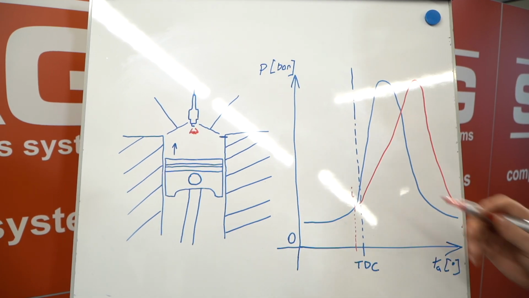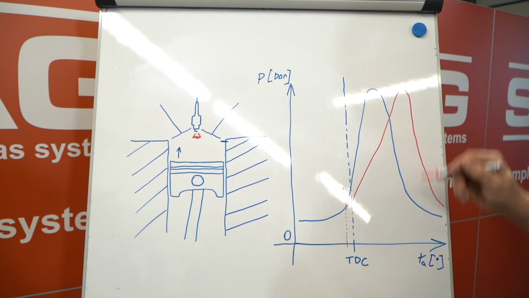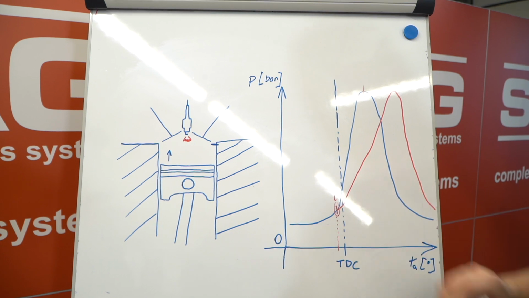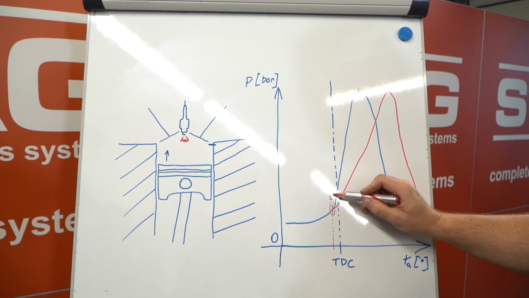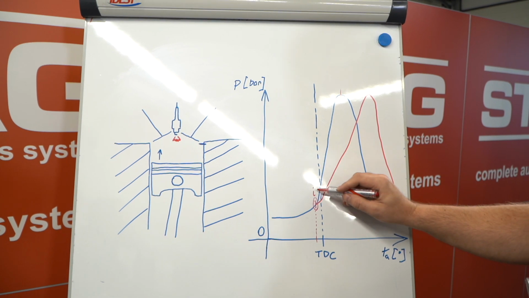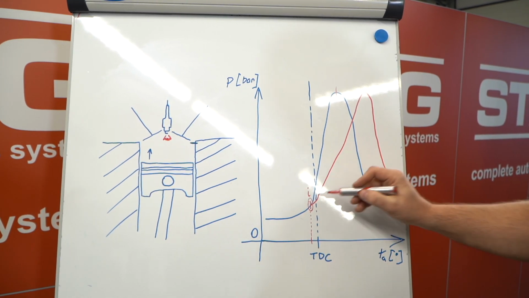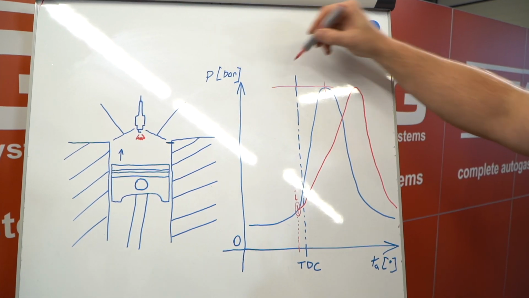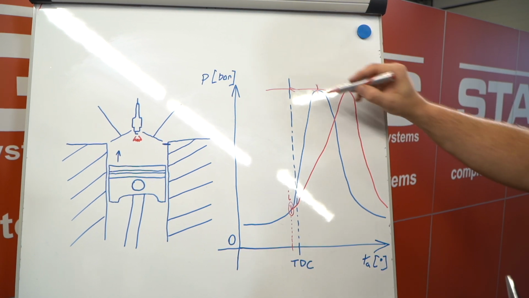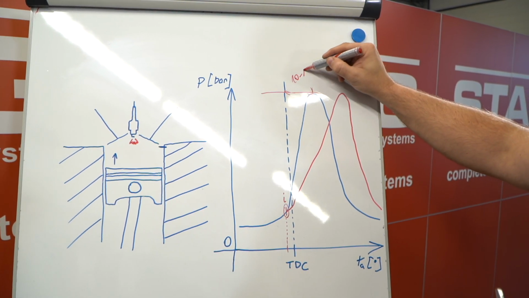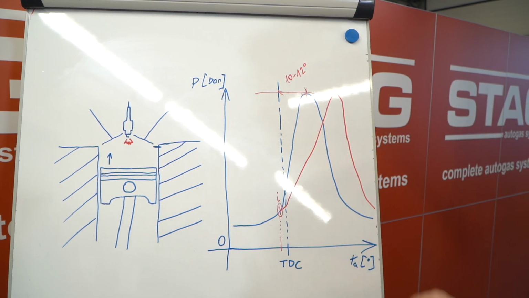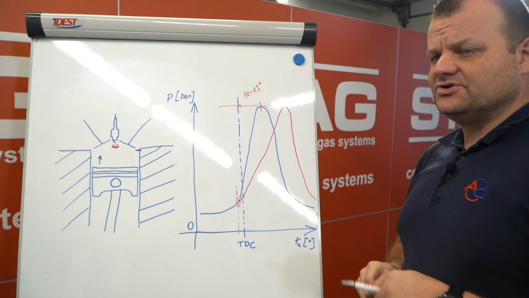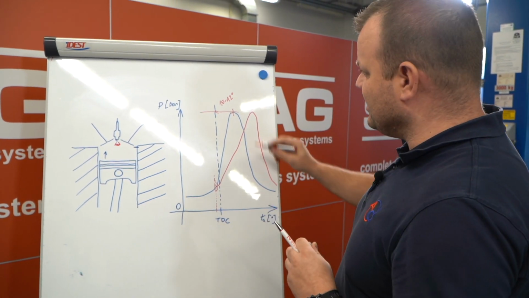The main thing important in relation to the pressure in the cylinder, as you can see, after the ignition position, the letter E indicates the start of burning the mixture in the chamber. Then you can see how the pressure is rising in the cylinder, and the position of the maximum pressure is around 10 to 12 degrees after TDC. This is when the engine is constructed to work with petrol. In a situation when we have alternative fuel,